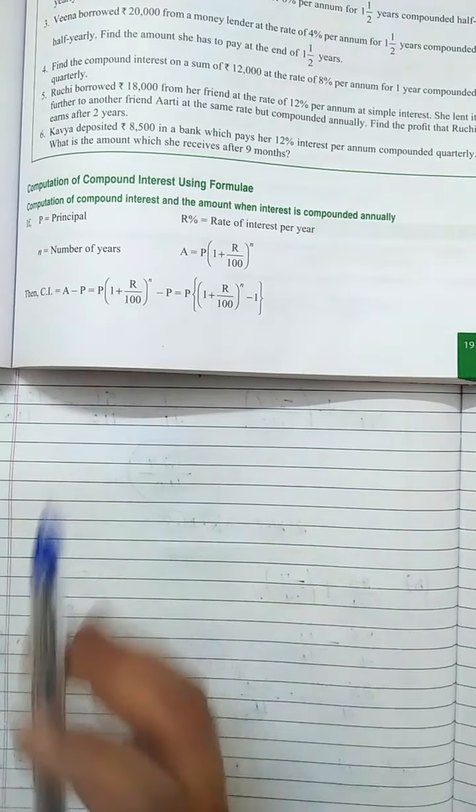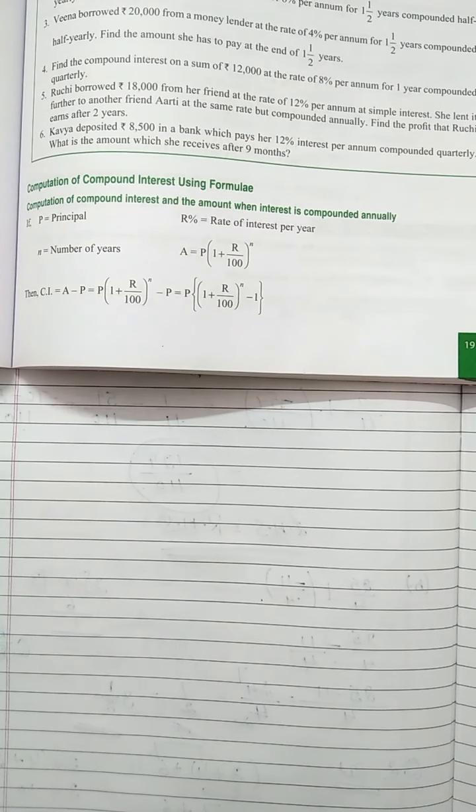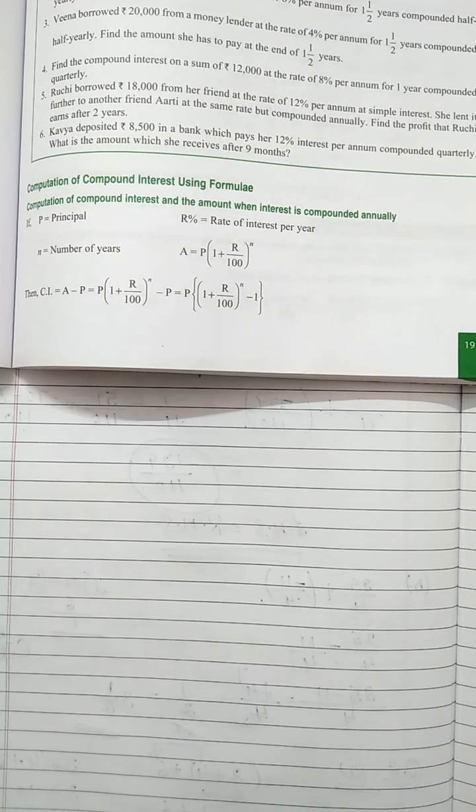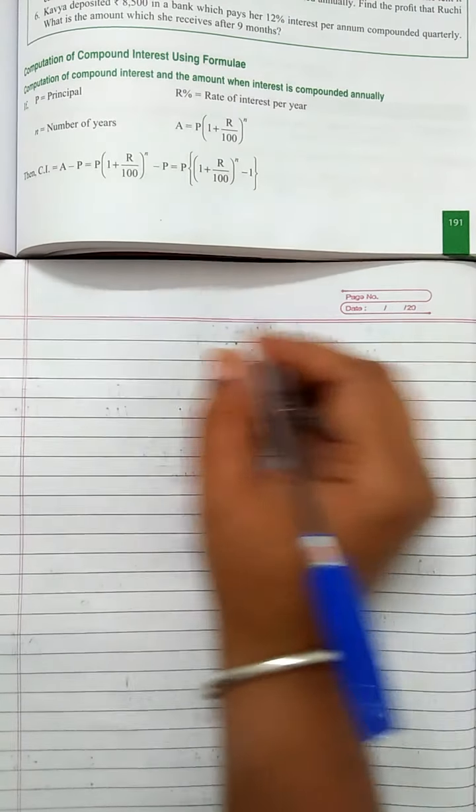ठीक है, मतलब पिछले क्वेश्चंस में हमने क्या किया कि जैसे वन बाय वन पहले फर्स्ट ईयर का इंटरेस्ट निकालते थे, देन अमाउंट, फिर प्रिंसिपल निकालते थे, हमारे पास सेकेंड ईयर का आ जाता था, फिर इंटरेस्ट सेकेंड ईयर का, एंड आफ्टर दैट अमाउंट. Okay, so in this way we find the compound interest annually, but now we have directly the formula. By using the formula we can find it directly. So what is the formula to find compound interest and amount when interest is compounded annually?